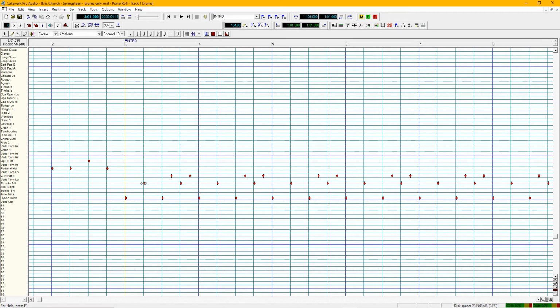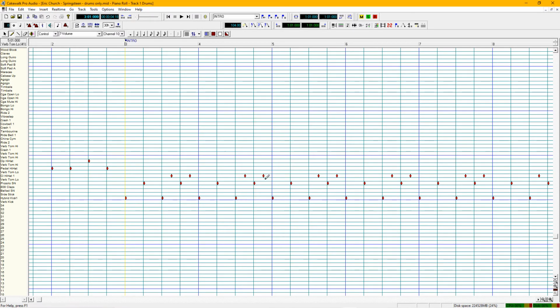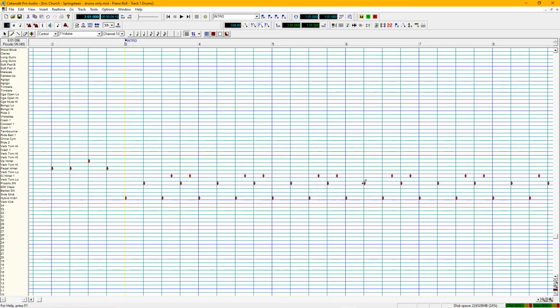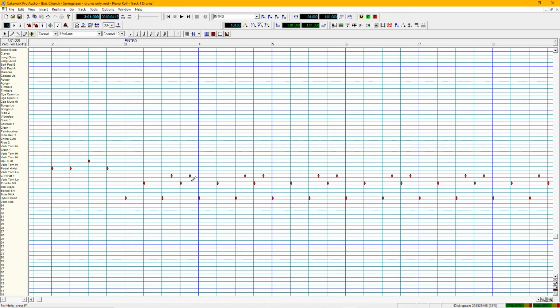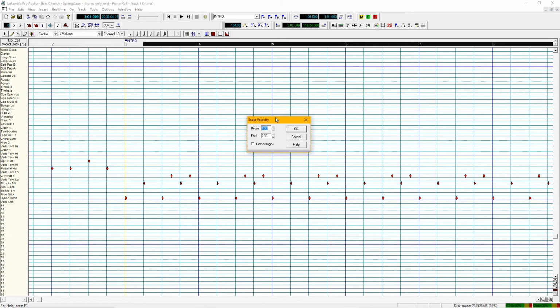If you look at this track here, the piccolo snare, it's set around 105. It varies throughout the song, 106, but it's in that range. If you found that piccolo snare a little too strong, you simply highlight it. You can see how they've turned darker. Go up to Edit, Scale Velocity. You could go 90 here,